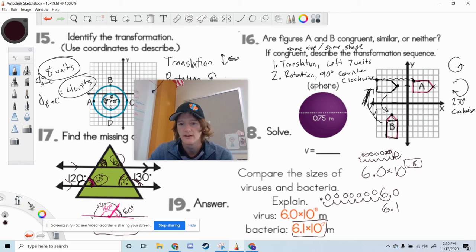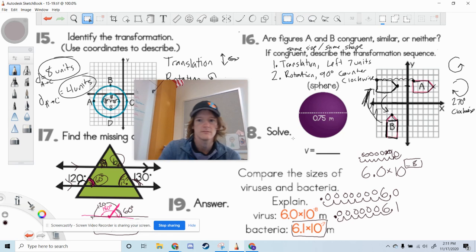On this one, it's going to be 6.1. Move our decimal over 7 times. 1, 2, 3, 4, 5, 6, 7. So it'll be 0.0000006 zeros here. Decimal point here. Which one of these is a larger number? And if we line up our decimal, we should see that